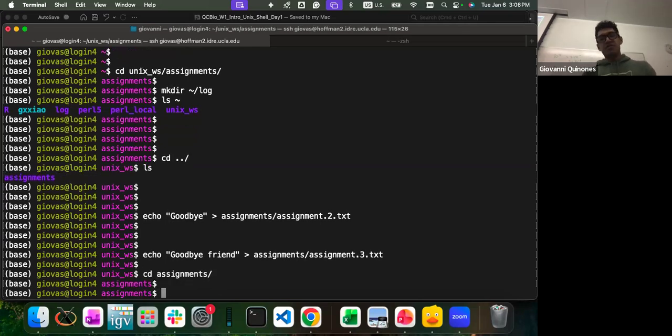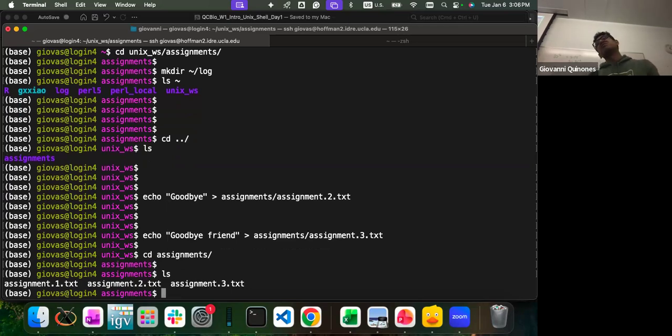Now, inside the assignments folder, I have 3 files, right? Assignment 1, 2, and 3. All 3 files start with the same word, the word assignment. So say if I want to delete one of these, I will do remove A, and then I type tab. It would autocomplete up until the point where they are the same, so up until assignment dot. And from here I can specify, okay, I want to delete assignment 1, and then tab again, and it will autocomplete.